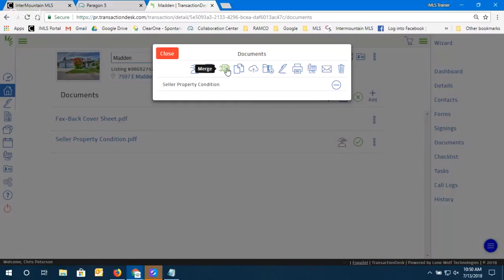You can merge them to one. That's what that lets you do. And then copy, upload to cloud, download zip, Instanet, print, fax, email. So that's that. Now, the thing about emailing that I'll mention about the documents here is, especially if you're dealing